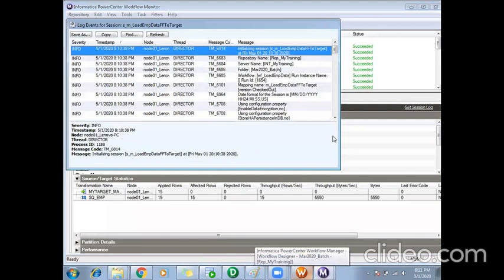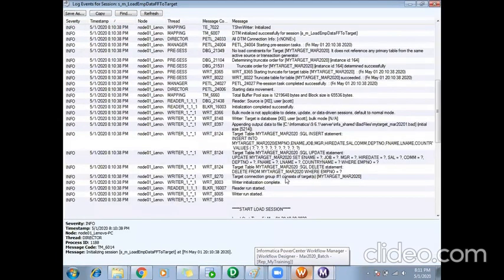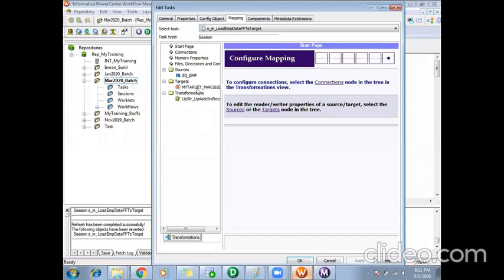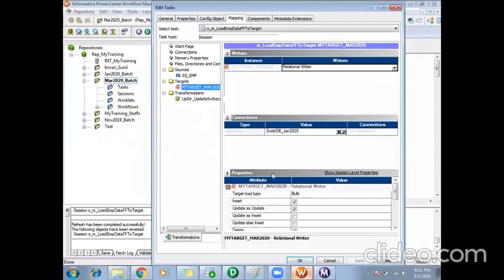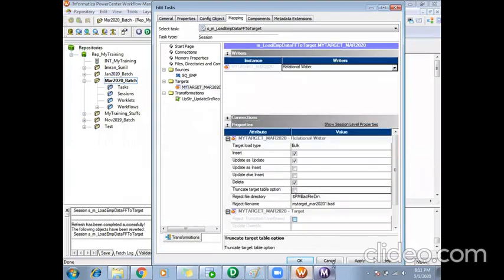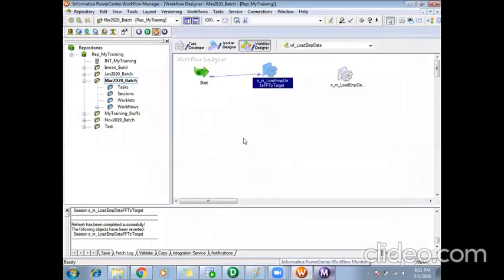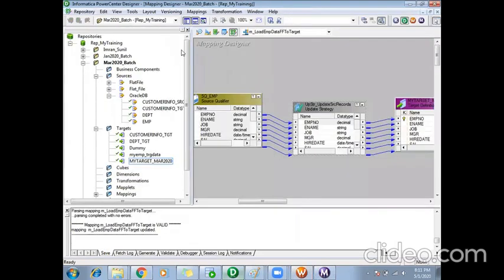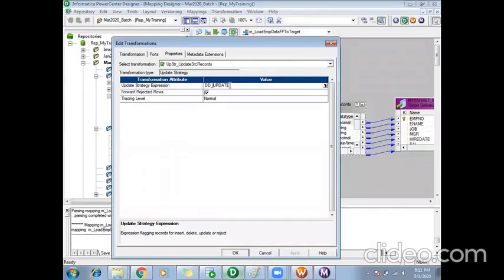Session log. Achha, I have selected the truncate option. Let me remove the truncate. It deleted everything. So let me reinsert the data first. I had given the truncate option, so it deleted the data.